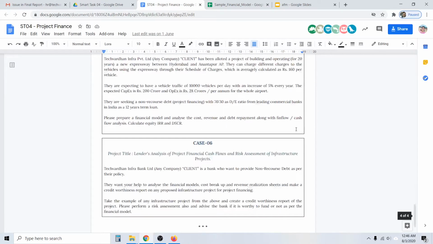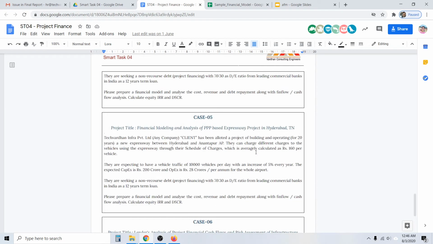Let's talk about case number 6, the expressway. Simple, 10,000 vehicles per day with a per vehicle charge of 160 rupees. 160 multiplied by 10,000 is the total revenue generation, right? And you need to go through what the client is telling you, what is going to be the revenue of the project. You cannot put your own brain in that revenue. You cannot just say, sir, can you take the revenue of the hoarding boards also, or whatever restaurant you can open through the highway. No, if the client is saying the revenue of the project is this, the revenue of the project is this.